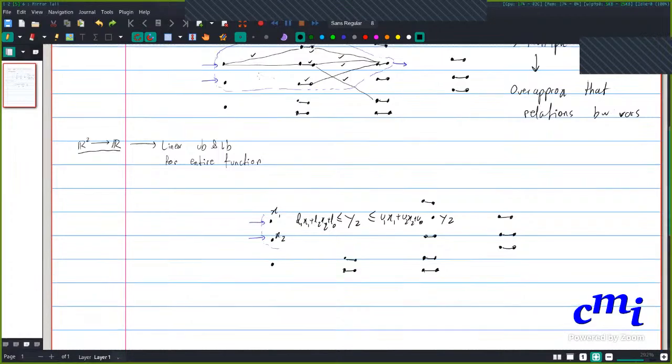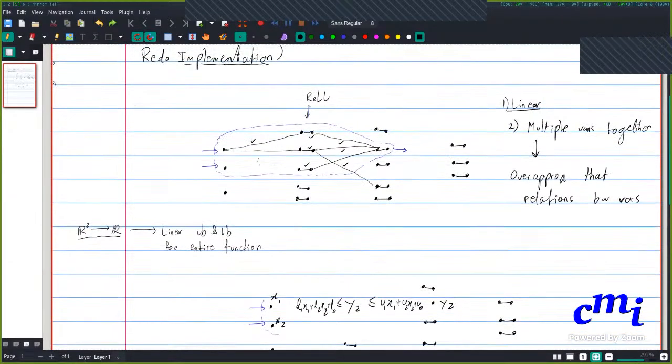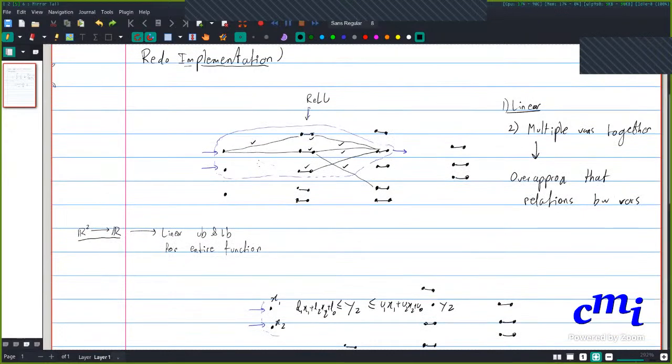So the basic idea is that we are going by the theme of trying to find relations between neurons, over approximations that will give us relations between neurons. We're trying to look at whole regions of the network and see if we can approximate that entire region using just two linear upper and lower bounds, similar to what we do for a single activation function in deep poly, right?